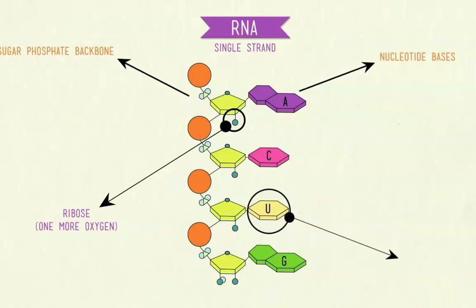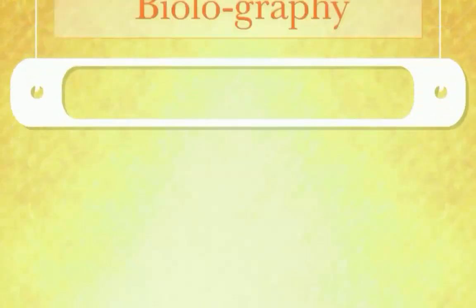And finally, RNA does not contain thymine. Its 4th nucleotide is the base uracil, so it bonds with adenine instead. RNA is super important to the production of our proteins, and you'll see later that it has a crucial role in the replication of DNA. But first,